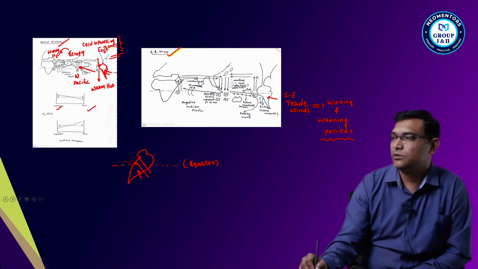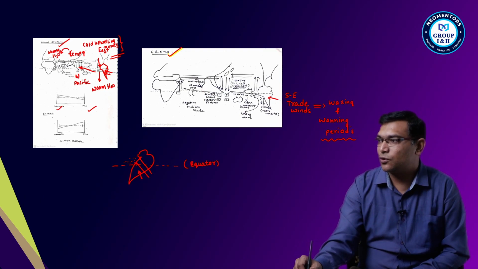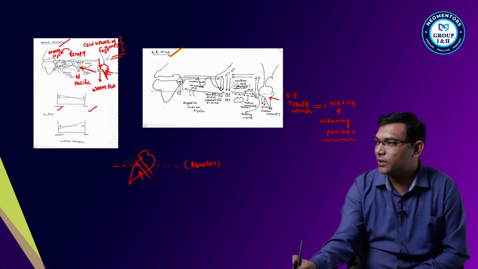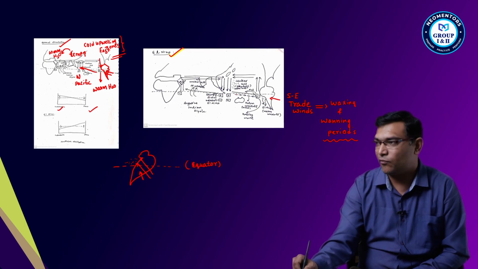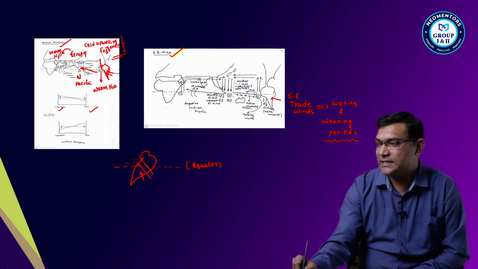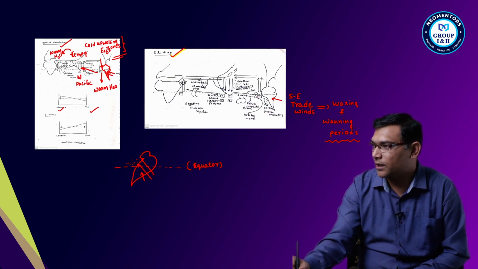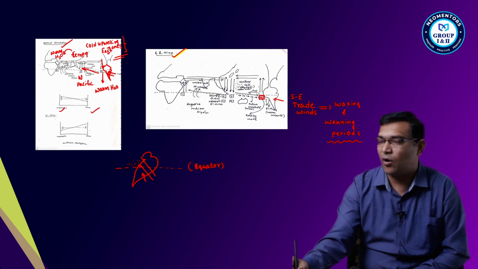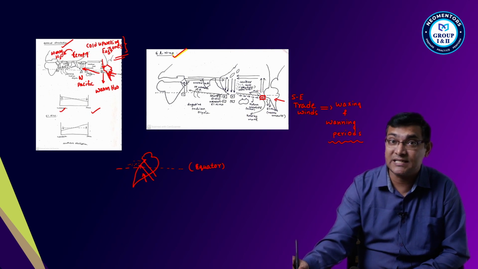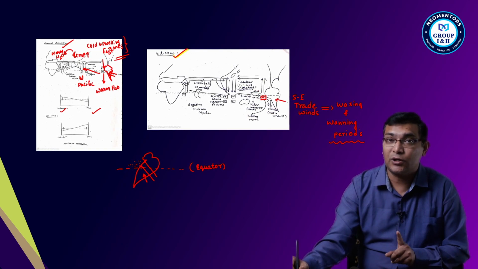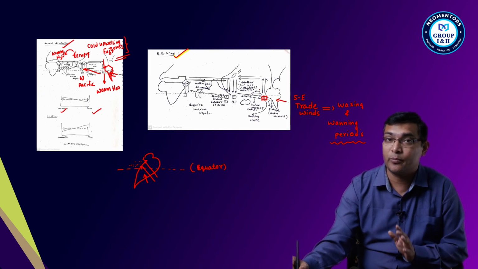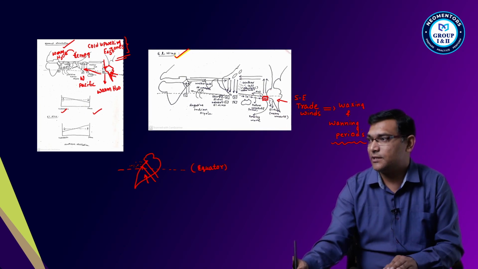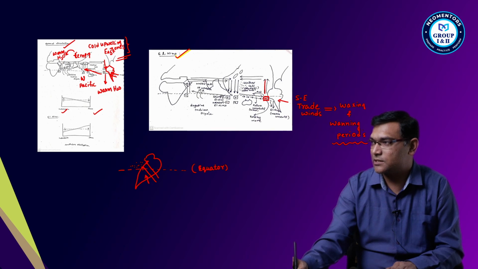So what will happen now? You see, these are weakened, so the equatorial water is not driven out. Warm water is not driven out here. Instead of that, there will be warm water at the Peruvian coast, and temperatures will be rising on the Peruvian coast. Now, low pressure system, air will rise. So air will rise like this.